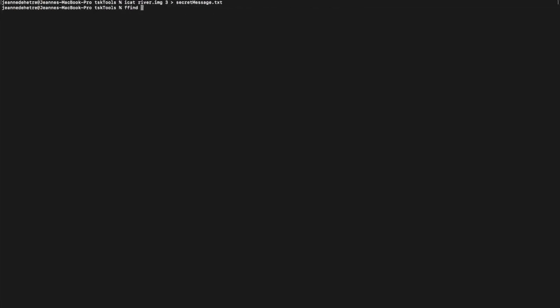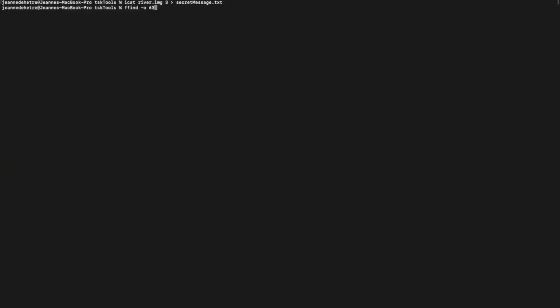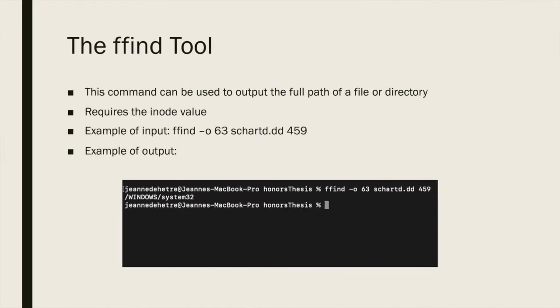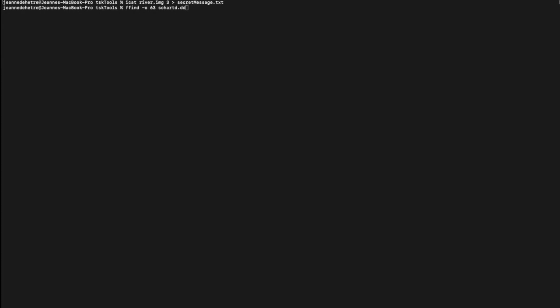This is going to be using the full disk image, so we do want that sector offset value. It's always important to be able to run anything on a full disk image. And then this example used the number 459, which went to a directory on the system. And so if you wanted to know more information, say you just had the inode value, you just used the